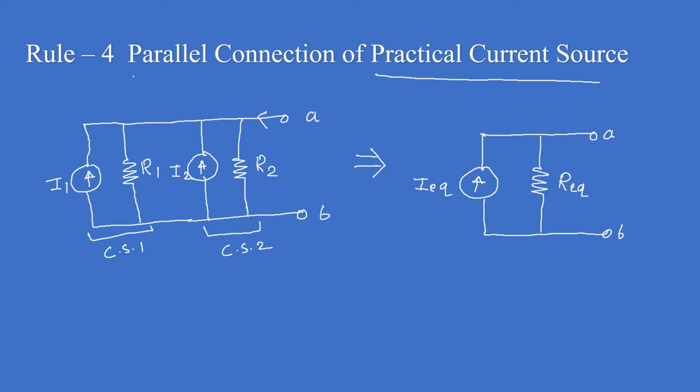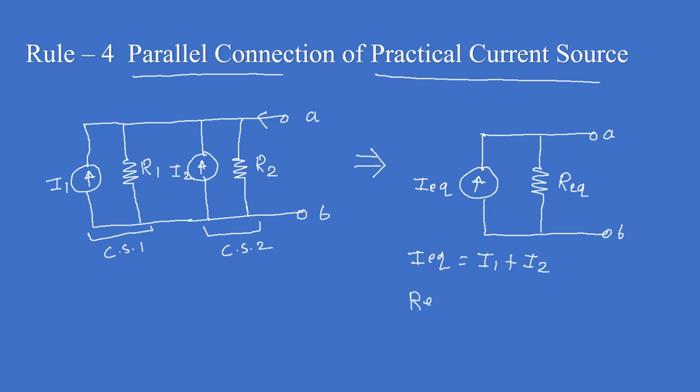So how do you get this I equivalent and R equivalent? By simply using the laws of parallel connection. We know that in a parallel connection, current is divided into a number of branches, voltage is the same, and resistances are in parallel. So first we will calculate I equivalent. You can see that both the sources have the same polarity, so this is additive, or the same direction. So I equivalent is I1 plus I2. If one of the directions is downward, then it will be subtractive, so I equivalent will be I1 minus I2. Fine. But for this, it is I1 plus I2.